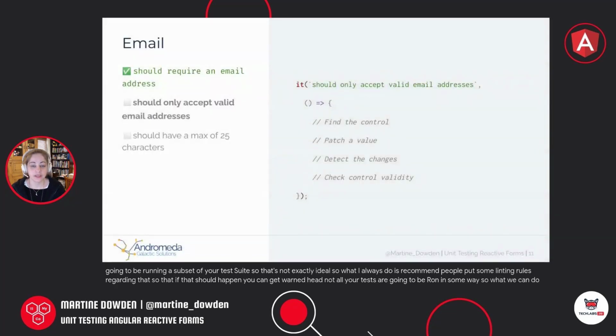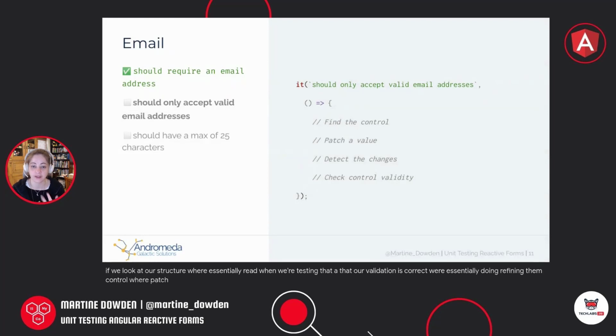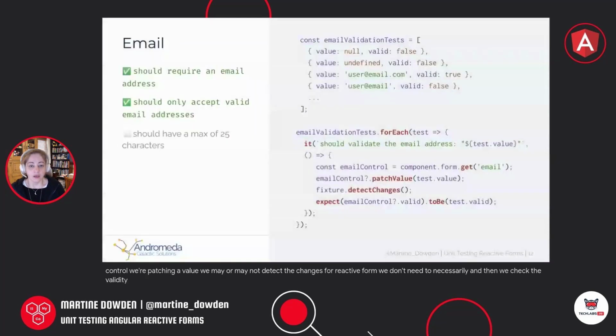So what we can do is, if we look at our structure, when we're testing that our validation is correct, we're finding the control, we're patching a value. We may or may not detect the changes. For reactive form, we don't need to necessarily, and then we check the validity. So since we have a pattern and we've established that's our pattern, what we can end up doing then is building